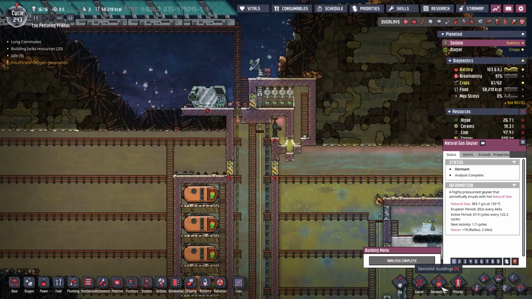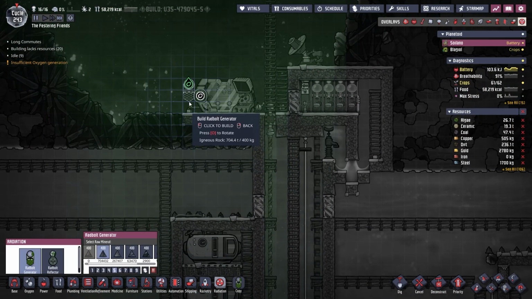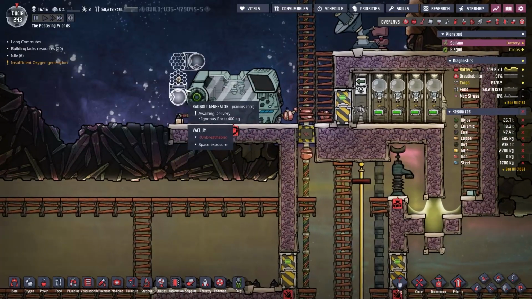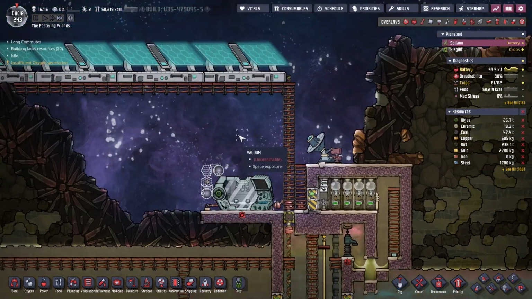Oh, we got research failed up here. I never looked at it for like forever. That's unfortunate. Rad bolt collector. Let's do 2 of them. Because why not? We can. So we might as well. I don't know if they have issues if they're right next to each other, but